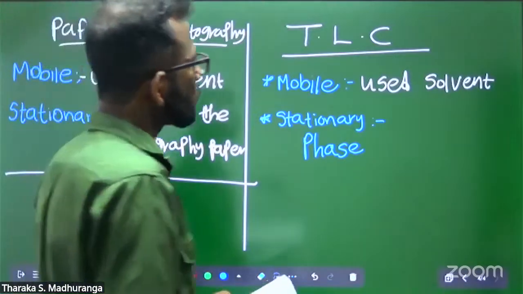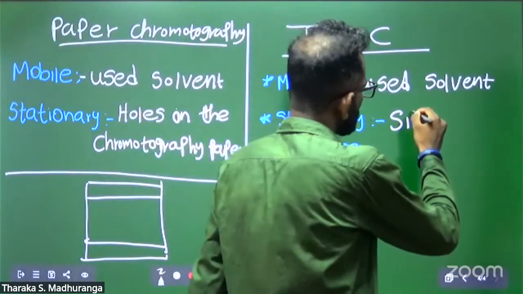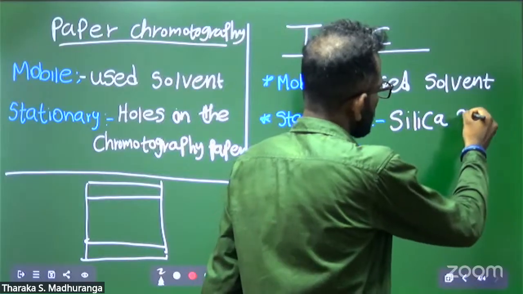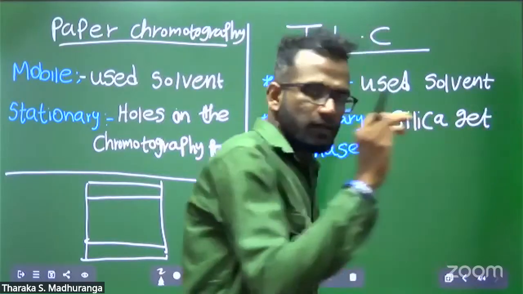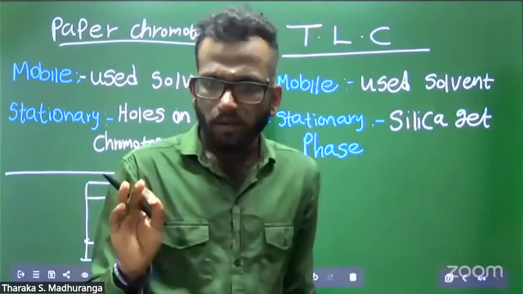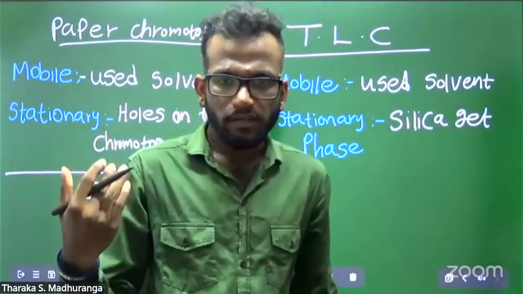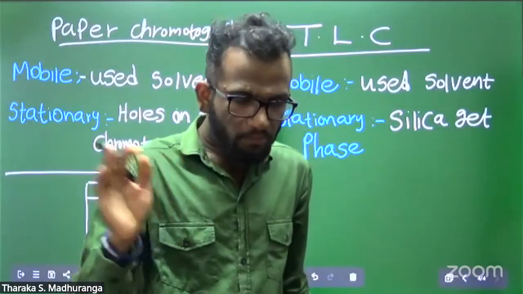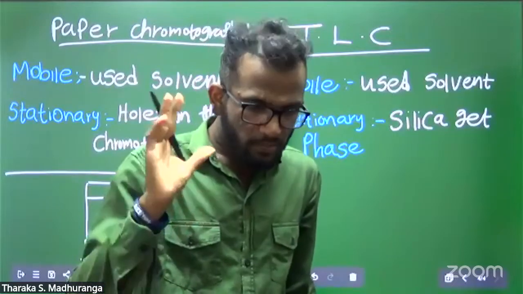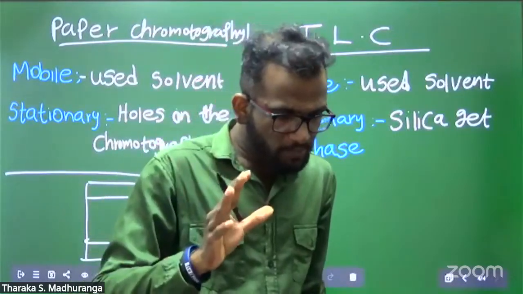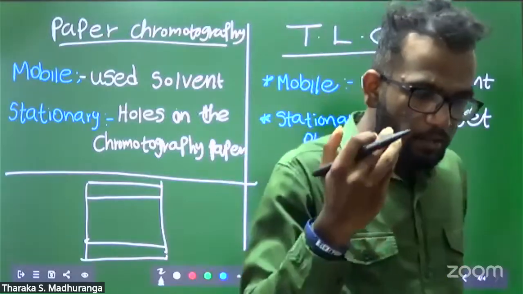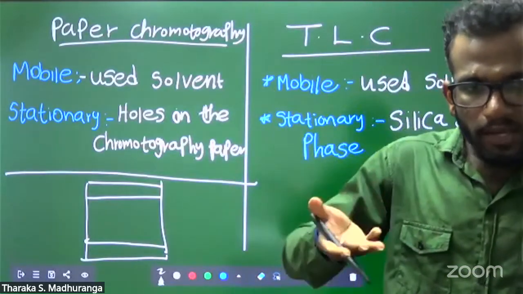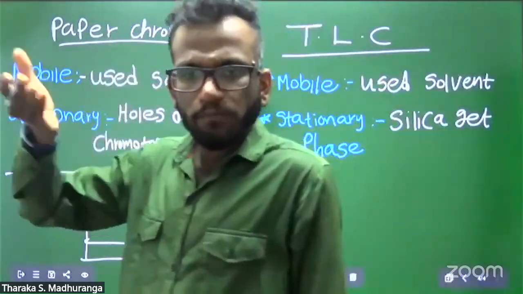Yes, as you all mentioned, it is silica gel. Very good. Whether alumina or silica gel, whatever you need to identify, the stationary phase helps to carry the compound upward, but it